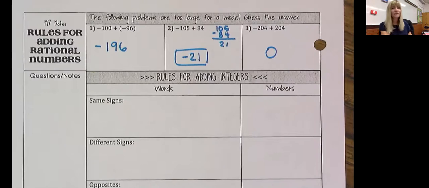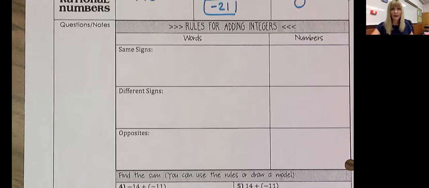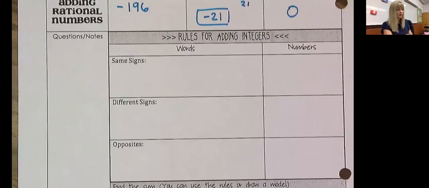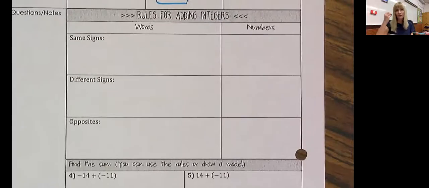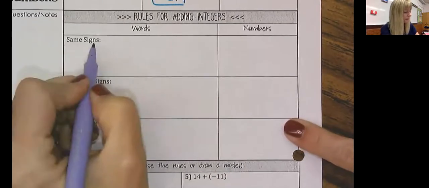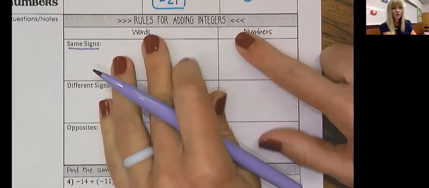So let's make this a little bit more mathematical. Let's get to a point where we can really get what's going on in our heads based on the mathematics you learned in elementary. And let's take it to a point where I don't have to draw out a bazillion tiles. Let's just say, what is the mathematics going on here, and how do I use the mathematics? So when they say same signs in math, okay, so up here,